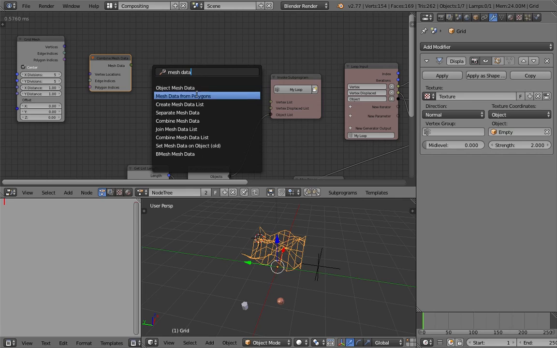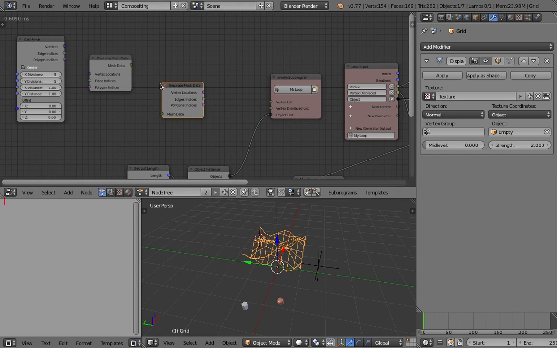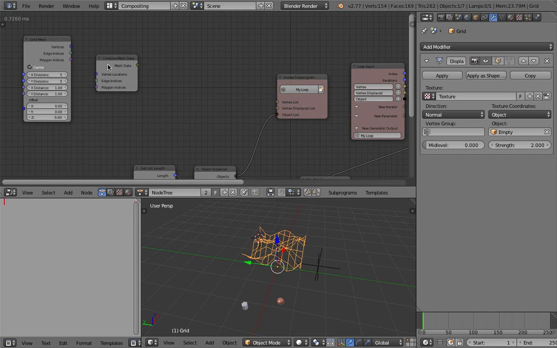Object mesh data from polygon, create mesh data list, separate mesh data. Vertex location is not giving us a vertex list. Great. Vertices, mesh data.